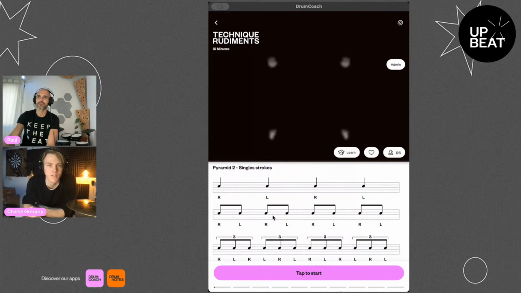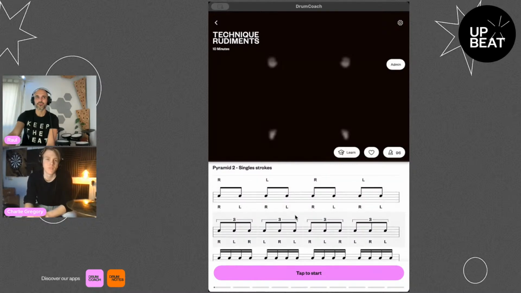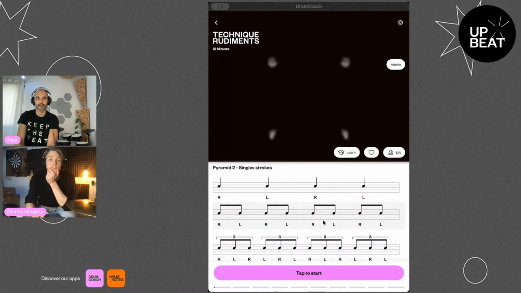Well, I guess I would just shift where I was putting the accent and where I was putting the ghost note. You could easily do it with the first one, with the quarter notes, you could just shift between ghost and accents, right? So like 1, 2, 3, 4. And then obviously you do it the other way.